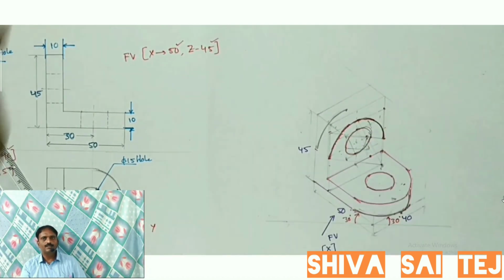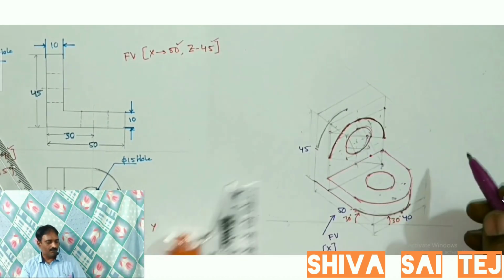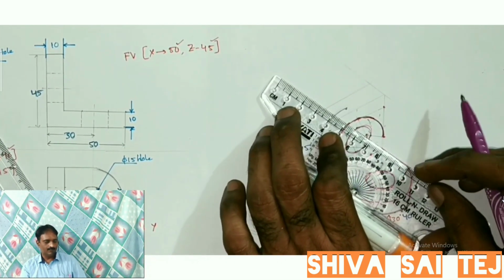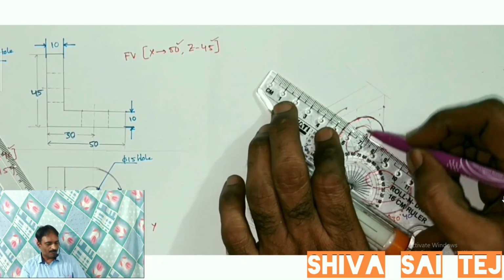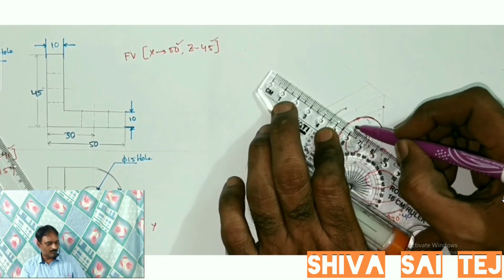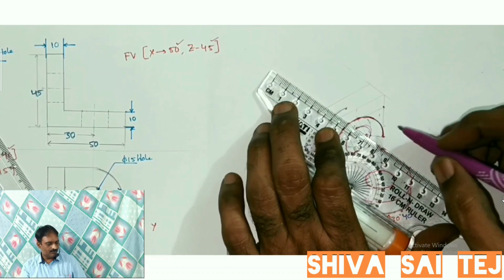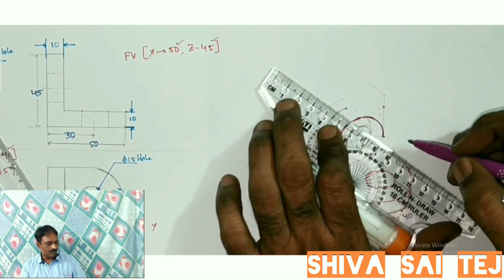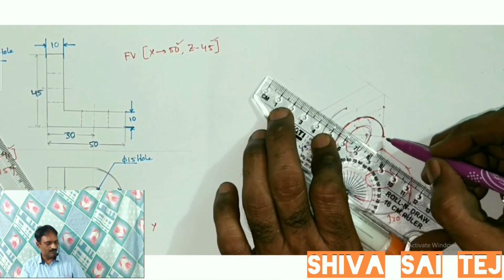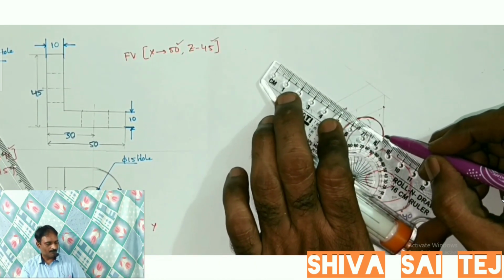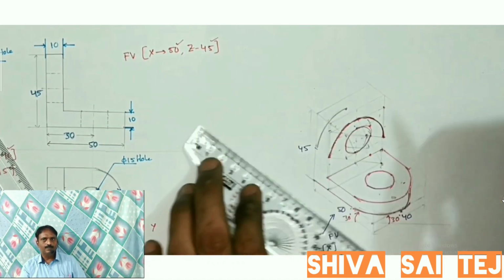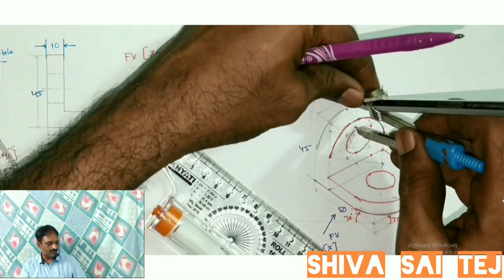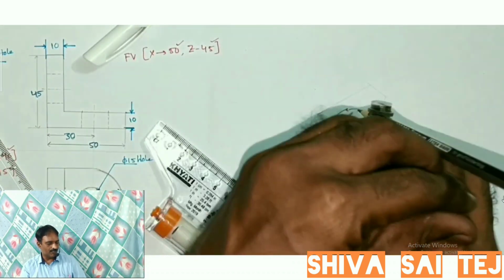Here the diameter of the hole is given as 15 units, whereas the thickness of this anchor in the side view is 10 units. Hence a small projection is going to appear of this hole, that is 15 mm hole, from the back layer also. So that small portion will appear from the back layer.